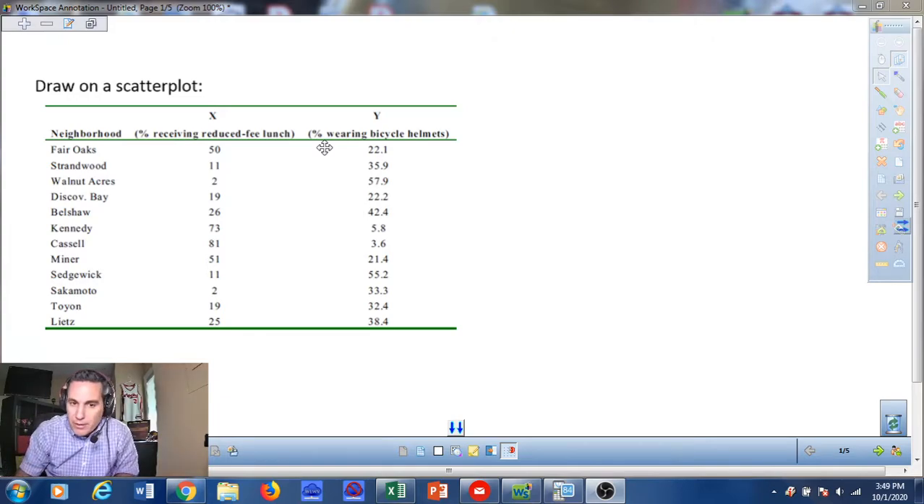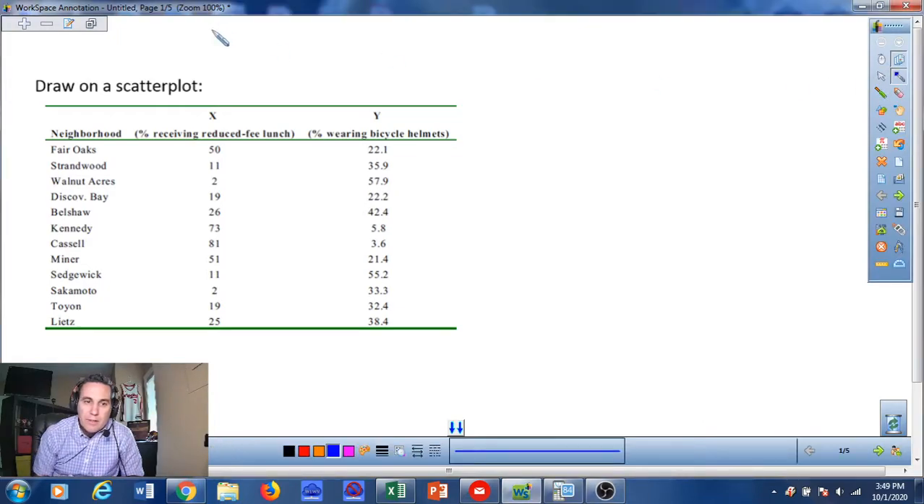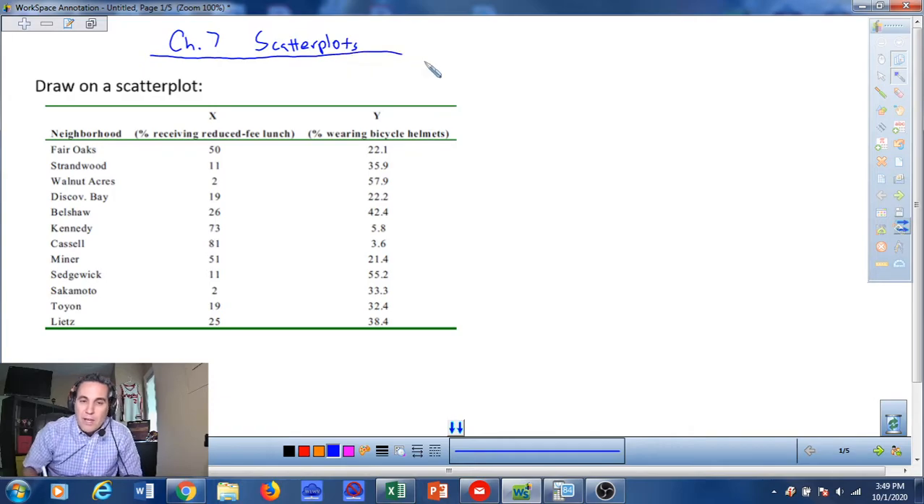So we're going to start with this data right here. This data, in chapter 7, which we talked about before, is about scatter plots. Scatter plots are when you have data that has two variables. Instead of just having the one variable like we had in chapter 4 and chapter 5 and all that stuff,